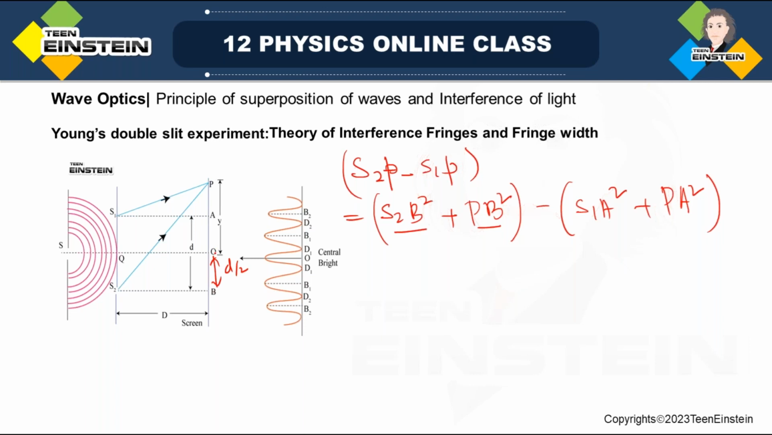So this is y up to here, y plus d by 2. So S2B is this capital D. S2B square is D square plus, see this is y plus, sorry, small d by 2 whole square. Okay, and this minus